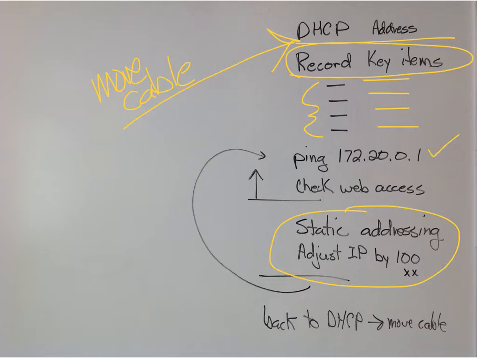Ping, they want to make sure that works and check web access, make sure you can open up a website in the browser. Then you know your cabling and everything is okay. Then you can change to the static, just whatever IP address you got from the DHCP. It would be a number, and I know it's not more than 2 digits,